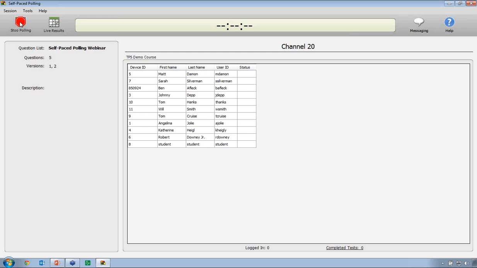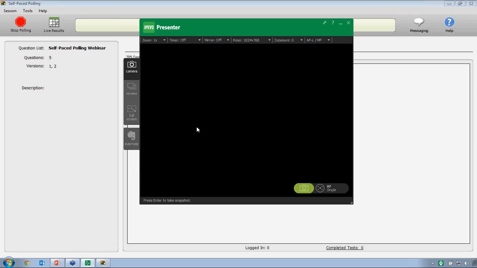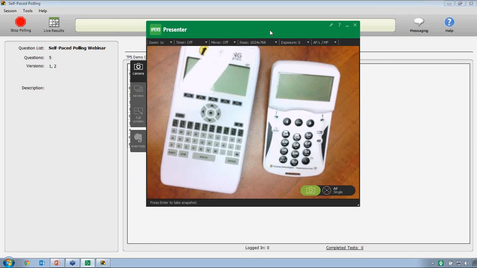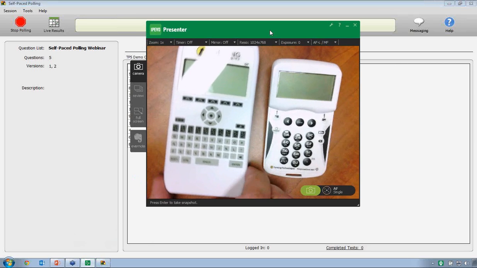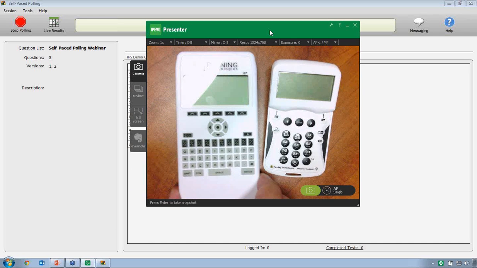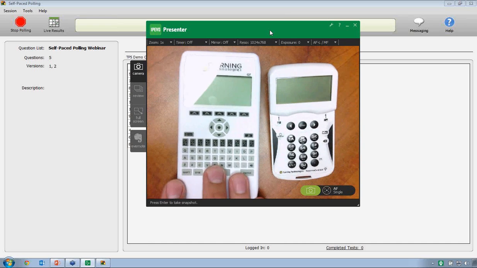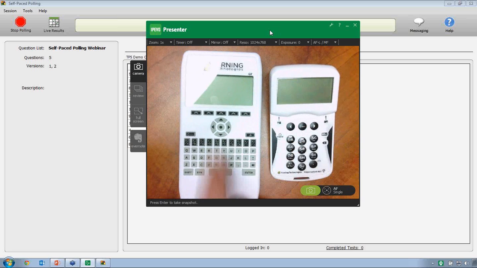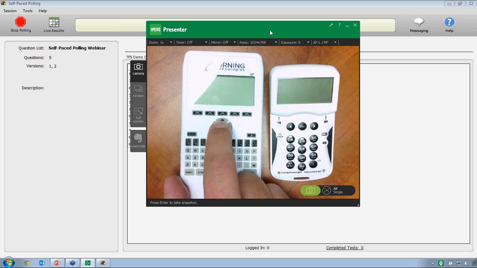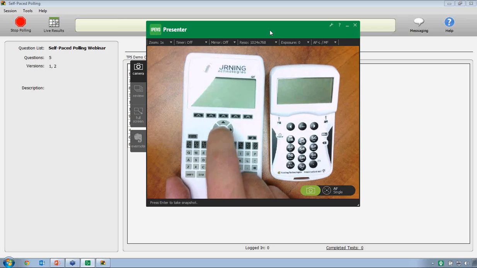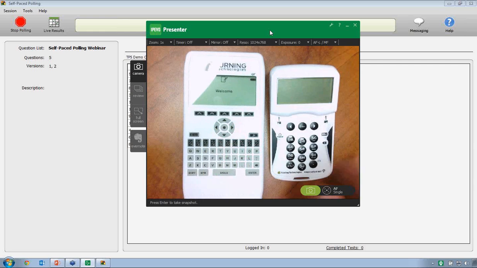And so what I'm going to do is I'm going to go ahead and start polling. Now, let's see if this is going to work. Fingers crossed. I have a document camera set up here with some keypads, and hopefully everything works properly here. Hopefully it's not too laggy. So I have a QT device here, and I have our NXT. So let's go ahead here and connect to the test.